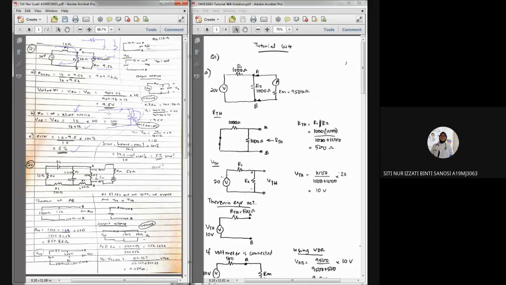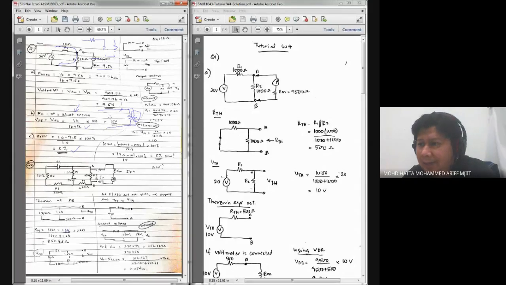From the total resistance between R2 and parallel R2 and RM, I use it to get the voltage using voltage divider. That's why I times with 20. Yeah, I understand your solution over here,